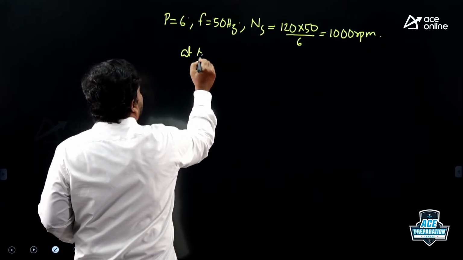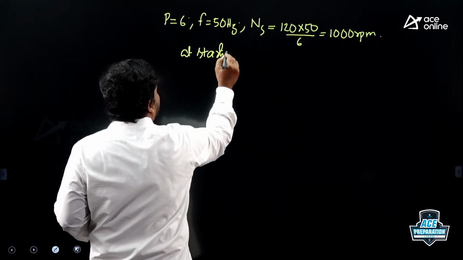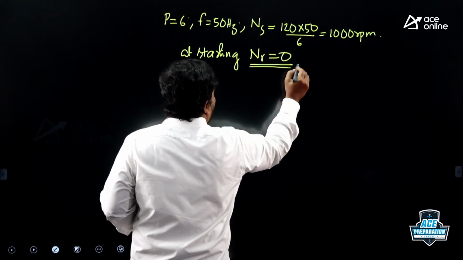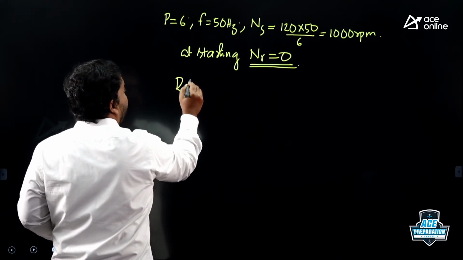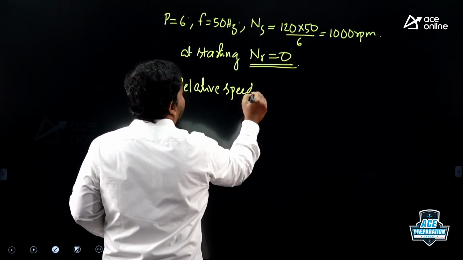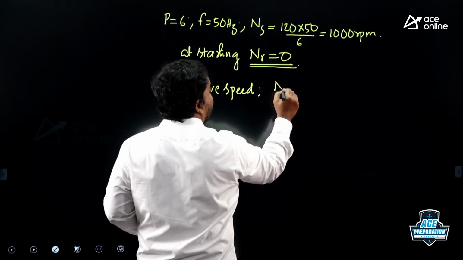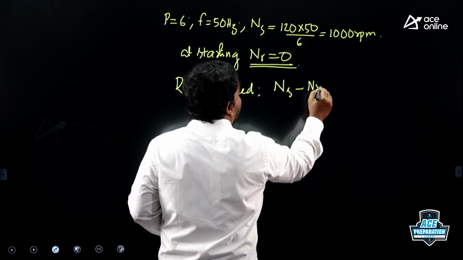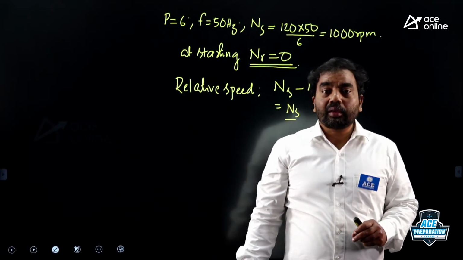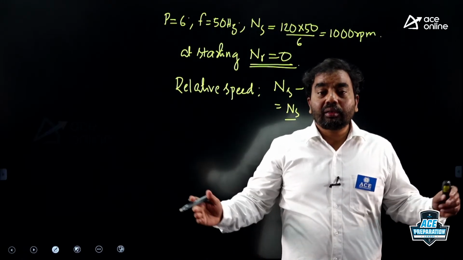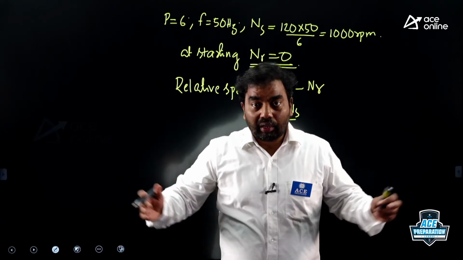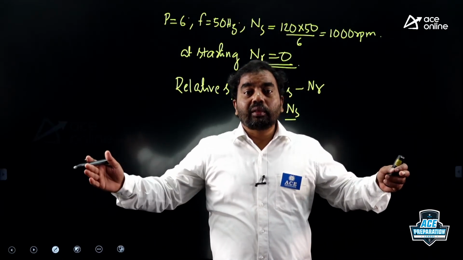At starting, what is the value of Nr? Nr will be 0 at starting. As Nr is 0, what is the relative speed between the stator field and the rotor conductors? It is Ns minus Nr, that is nothing but Ns. So at starting, the relative speed between the stator field and the rotor conductors is Ns, that is, it is very large. Due to this large relative speed, that is Ns minus 0, the